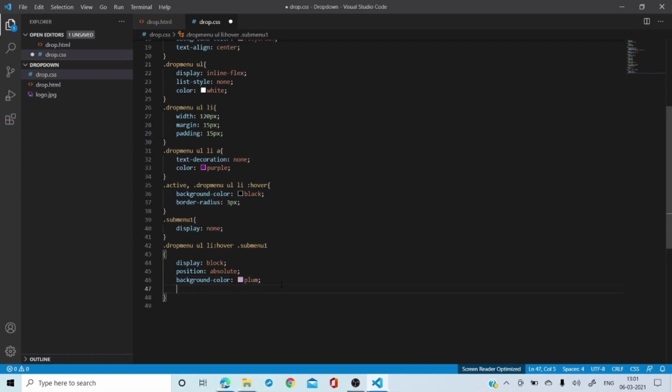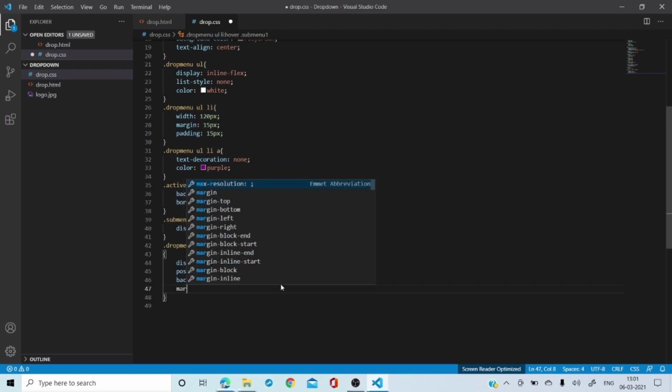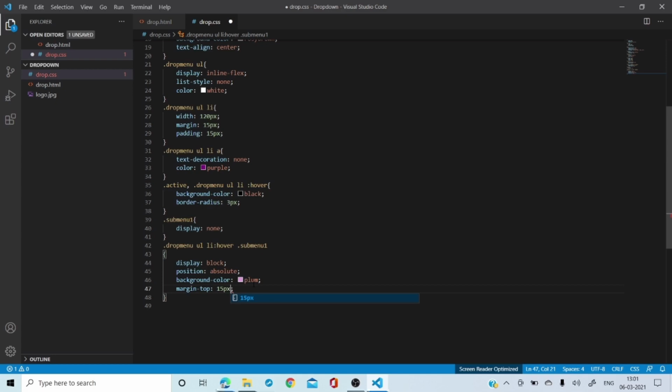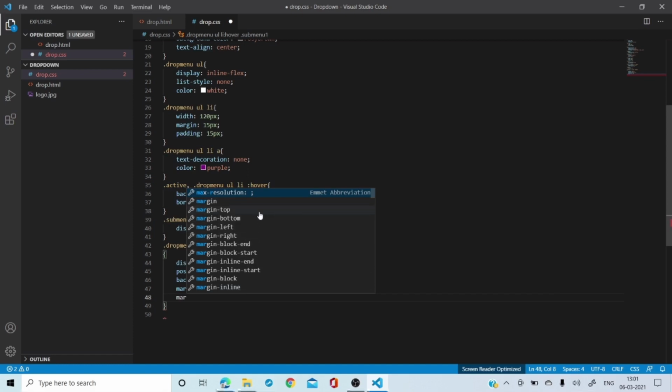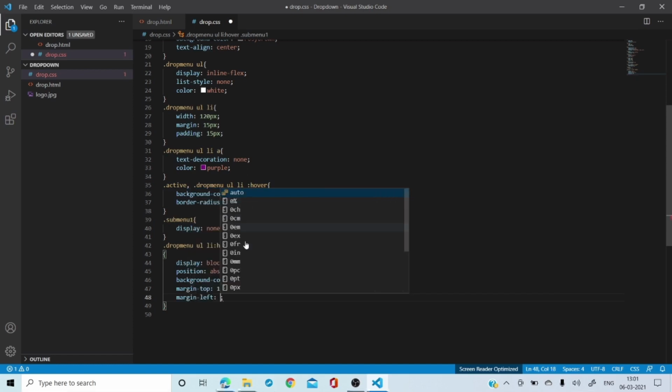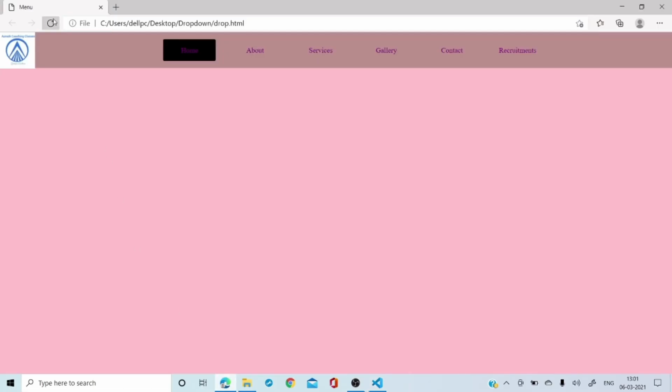And after the color we have, let's take the margin top, which is like 15 pixels. Okay, done. And then I have margin left, which is like minus 15 pixels.